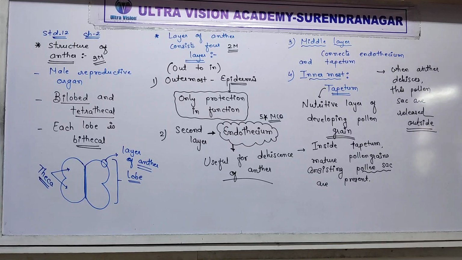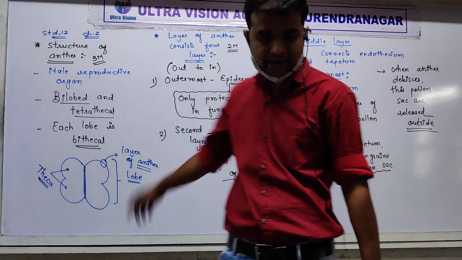So the middle layer, endothecium and epidermis all simultaneously break, and that is known as the natural breakdown of the anther, known as dehiscence of the anther, and it releases the pollen grains in the form of pollen sacs. So structure of anther is over. In the next lecture, I will continue with microsporogenesis. Okay? Fine. So here I can stop now. This is the most important five-star question, endothecium.